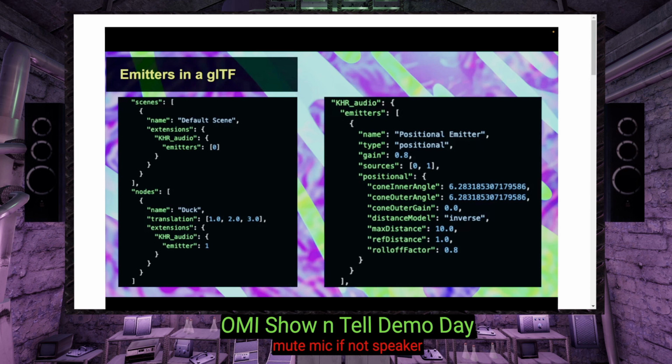And maybe loop is true, it keeps looping. But for source 1, maybe that one only happens on a collision. And it'll respect those same properties of the distance and all that. So this shows that you can have emitters not on the global scale, like on the scene, and also on the object scale, like a duck.